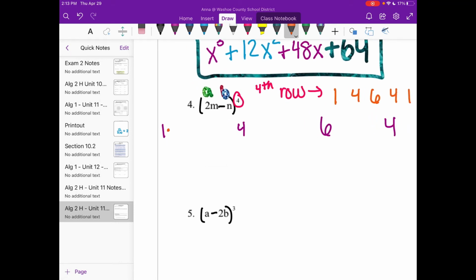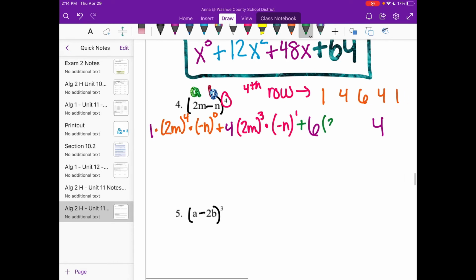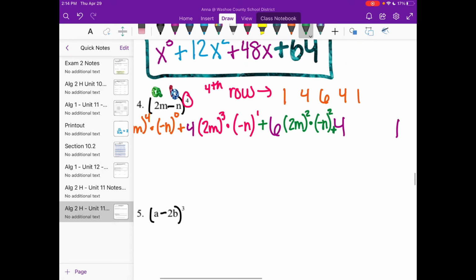So our A, remember our A starts with our highest exponent, which is 4. So I'm going to put 2m to the 4th times our B starts with the lowest, which is 0. So negative n to the 0 plus 4 times decrease the next one. So 2m to the 3rd, increase the second one. So negative n to the 1st plus decrease again, 2m squared times increase the second one, negative n squared plus,